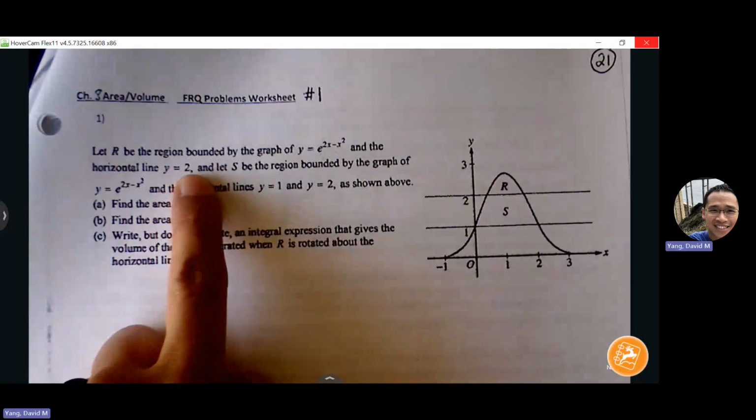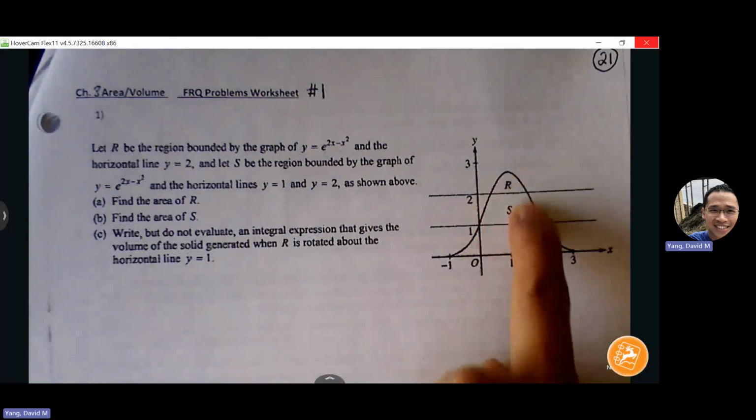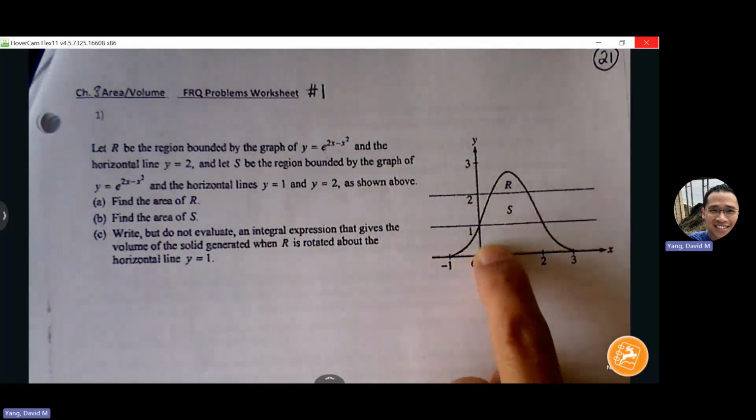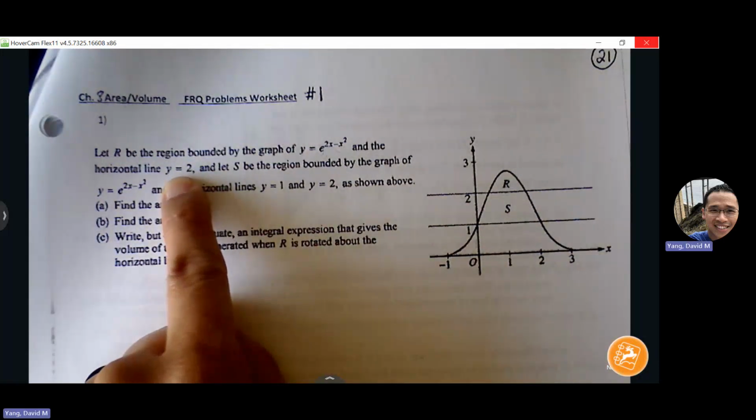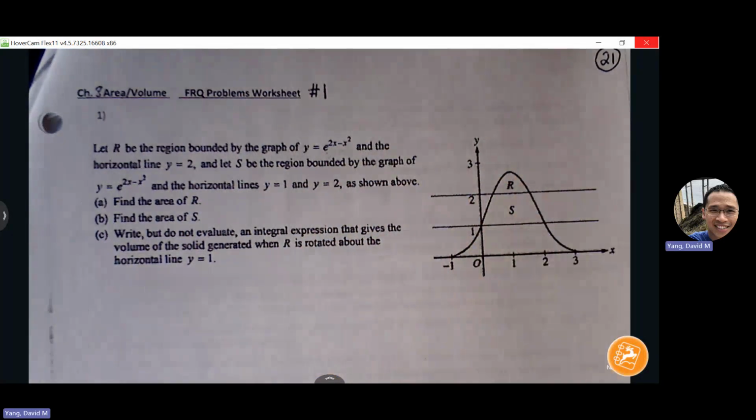Okay, so it says let R be the region bounded by the graph y equals 2x minus x squared. That's the curve that we see here. Looks like a bell-shaped curve there. And the horizontal line y equals 2. Let S be the region bounded by the two horizontal lines and the curve. Find the area of R. So